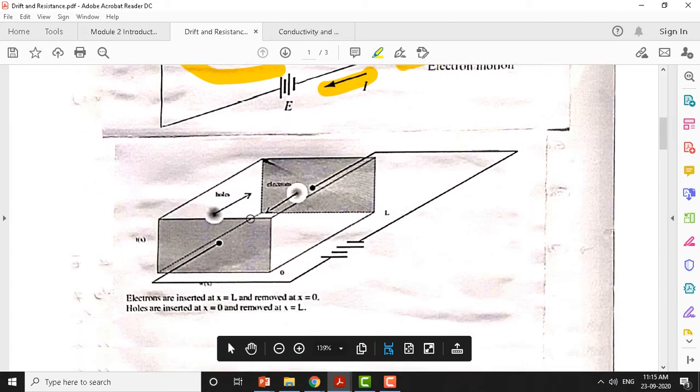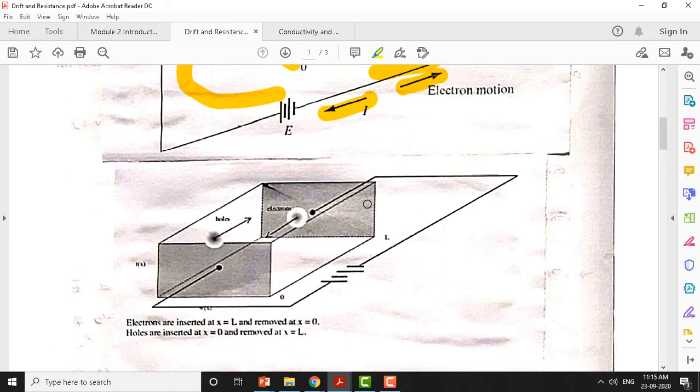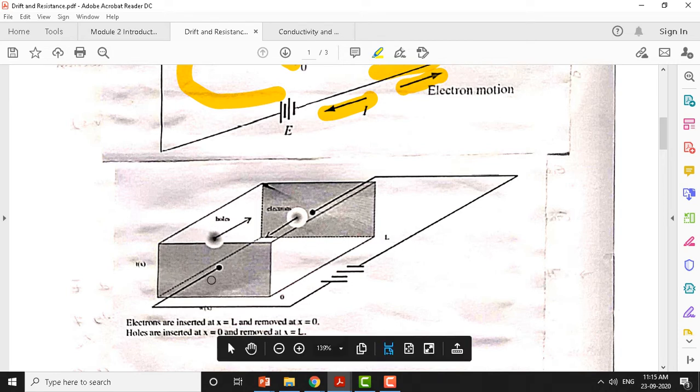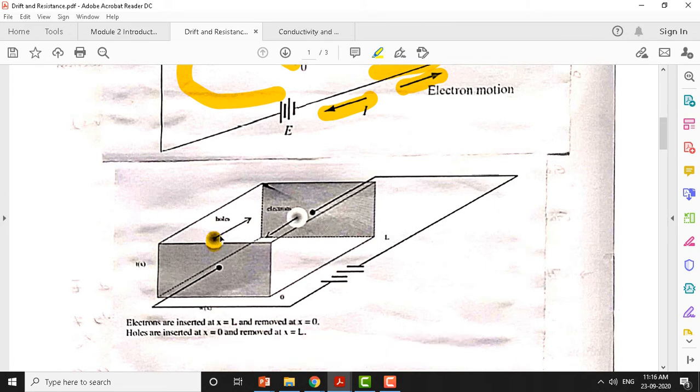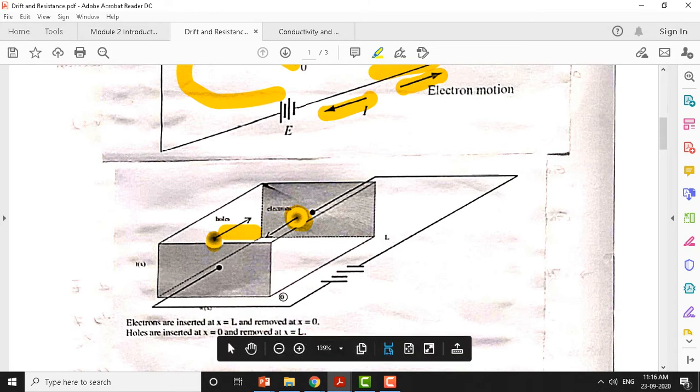There's another diagram which gives you more details of this same diagram, which has been redrawn here to make understanding very easy. You can see these are the holes moving, in the same box reconsidered, from the left side of the box to the right side. And for electrons, you can see this electron movement which enters the box from this face and goes to the other side. Both electron and hole motion are opposite. This is x is equal to 0 and this is x is equal to L. The width of the box is W of x, shown here as the dimension.